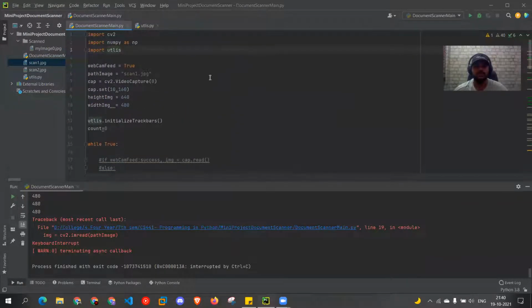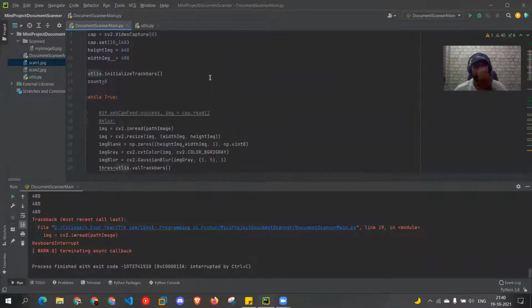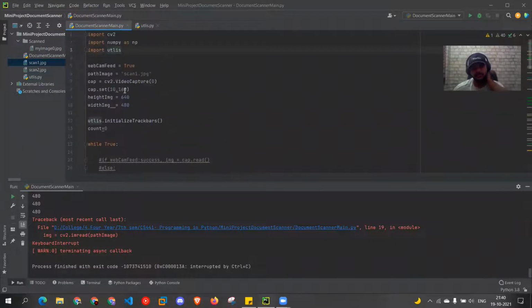First, I have created an object to get the image from the camera. Then I also have flags that will allow us to run a webcam. Now, for getting a manual image, we have a path image variable.